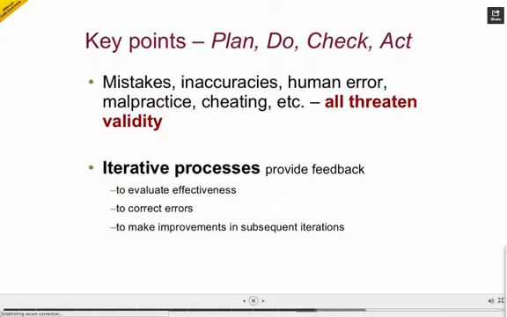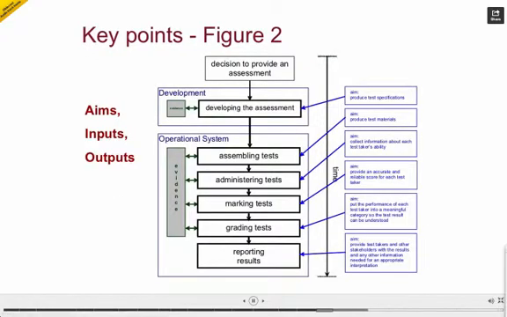So in terms of an assessment process, figure 2 shows how the aims feed in as inputs and then outputs of the different phases of the cycle, both in terms of a development process at the beginning and then an ongoing iterative model. And you can see coming out of each of those little white boxes are arrows leading into a little blue box which says evidence. And this is the collection of the data, information, feedback, whatever you want to call it, which helps you to know what's going on and then to find ways to improve it. If it's going wrong badly, obviously to put it right quickly.